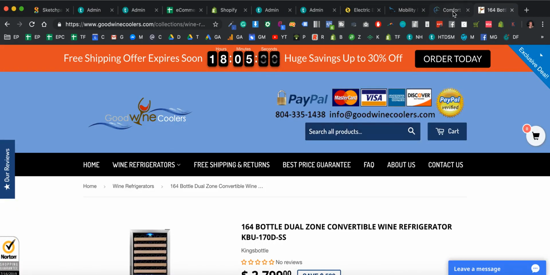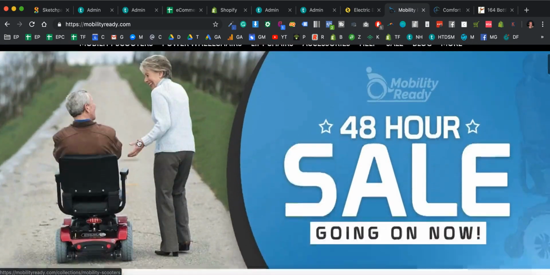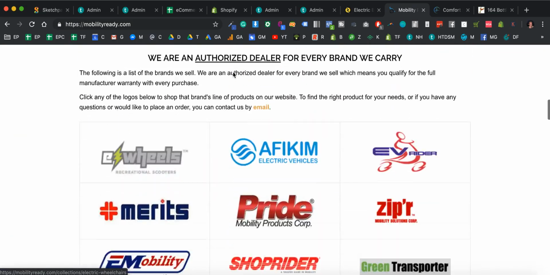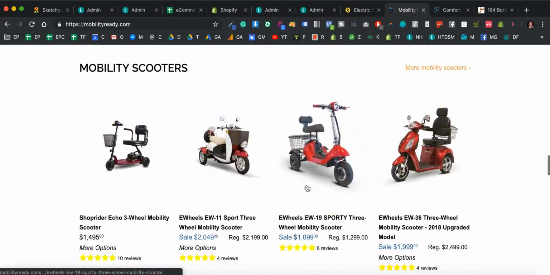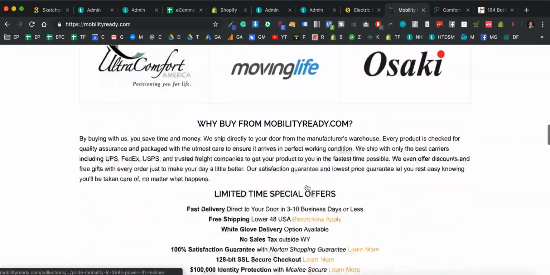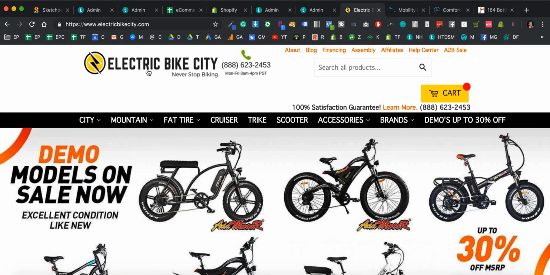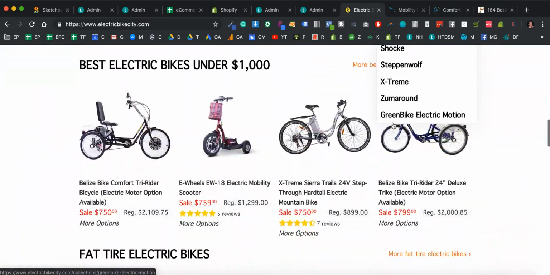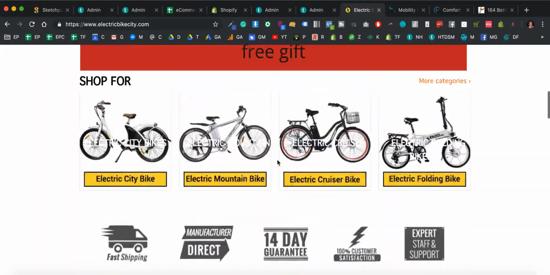I'll show you a couple more examples of niche stores. This is one that I ran and actually sold myself, so this is a really good one to look at. Very niche-specific stores selling just 3 product categories and maybe 12 suppliers. So again, another great one to model after. This is another store that I sold, sticking to one main category and a bunch of subcategories within that, and maybe 20 suppliers. Okay, so this is the sort of thing you're looking for.